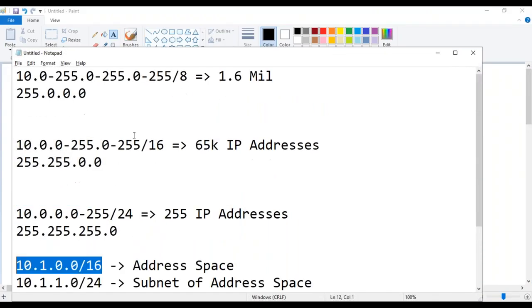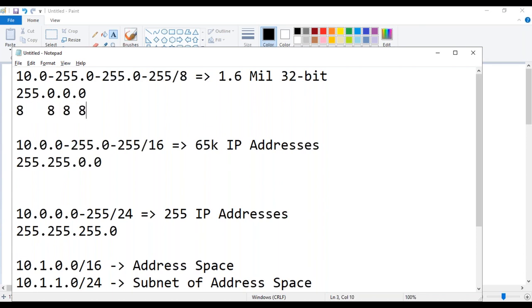First point is how exactly I came to the conclusion that this will be 255. Why can't it be 552? What makes me do that 255? That's because, if you remember, as I said, IPv4 is a 32-bit IP address, right? It will be totally 8 bits, 8 bits, 8 bits, and 8 bits. Eight fours are 32. So this is 8 bits, this is 8 bits, this is 8 bits, this is 8 bits. Like this we have 32-bit addresses.